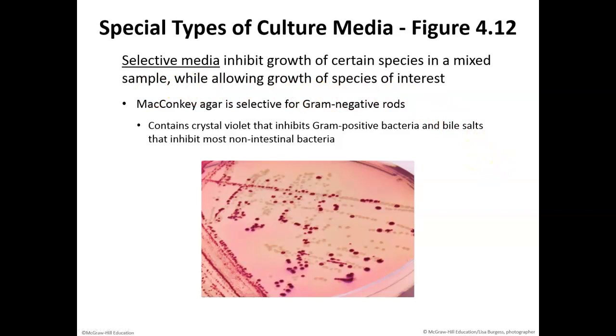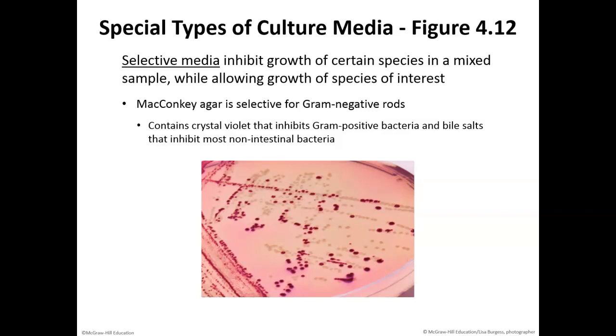So our complex media grows all organisms. Selective media is going to grow only certain types of organisms that we care about, and it inhibits growth of other organisms. So in selective media, we can grow certain species from a sample, like you might want to grow only gram positives or only gram negatives, allowing certain organisms to grow while inhibiting the